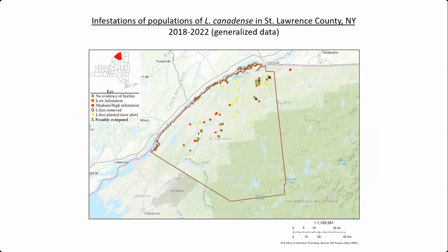In doing my research on the lilies and the leaf beetle, I was looking for plots of native Canada lilies. These are all of the populations that I was able to find in St. Lawrence County, and this is a slide from another project report I had done about the beetle. I was going out to each of these spots once a week throughout the entire summer to survey the lilies and the beetle. So in